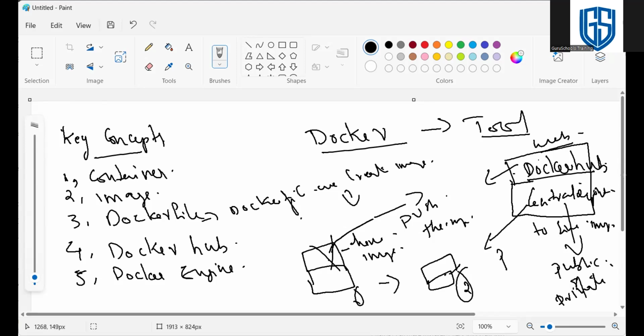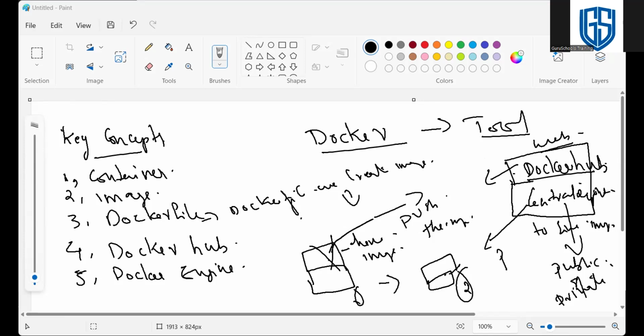We can pull them directly from Docker Hub. Got it. Going forward, we will be pulling images from Docker Hub. So that's Docker Hub.